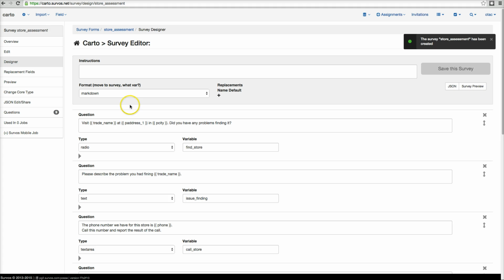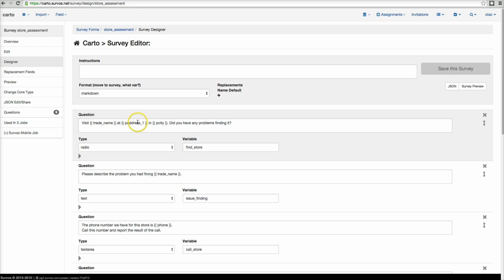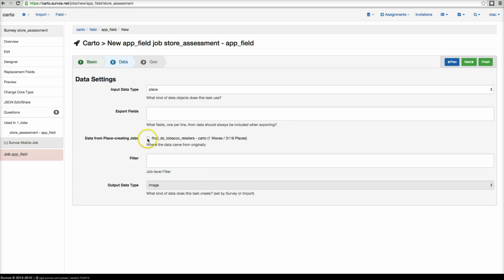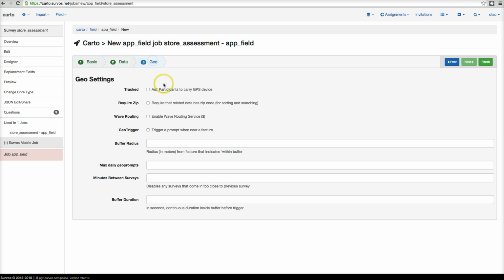And now we see that the questions are all in, so we can modify them if we want to. We need to, of course, make sure that trade name, P address 1, and P city are all in here, but I believe they are from the previous exercise of importing from Carto. From here, we want to make sure that we are actually taking the data that comes in from that particular import job. And we are asking people to carry a GPS device, and in this case, we do want the wave routing,